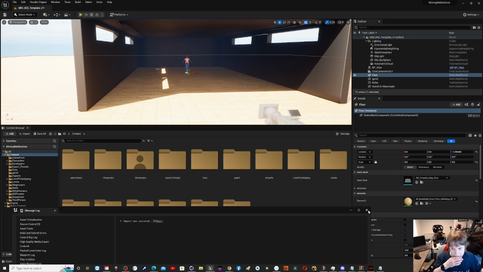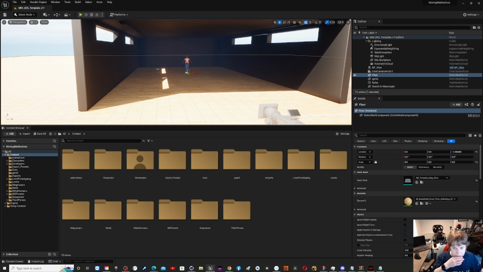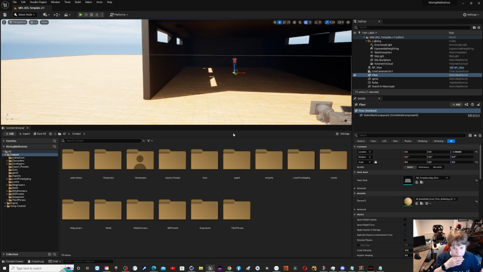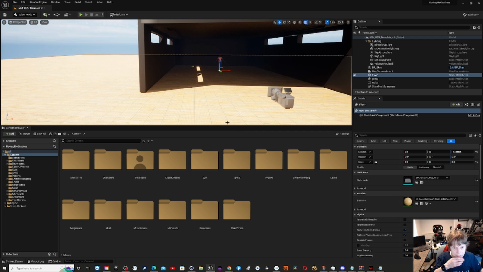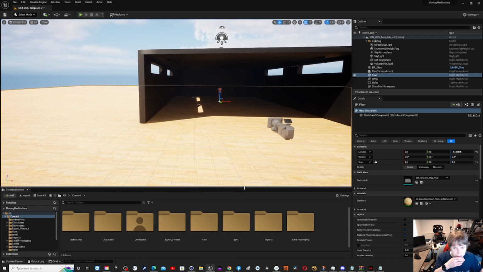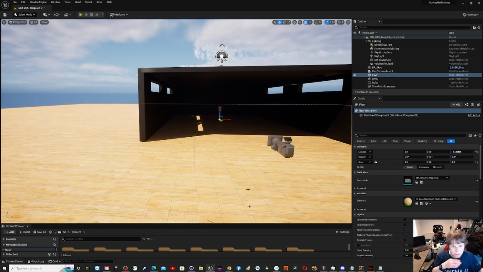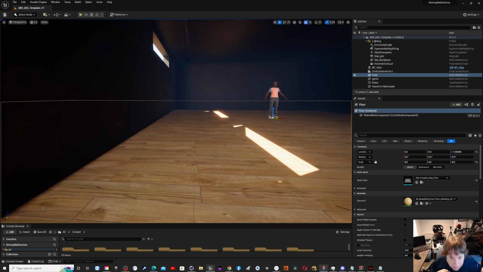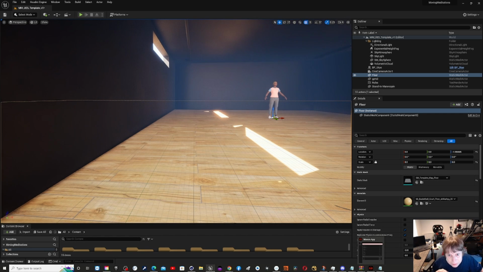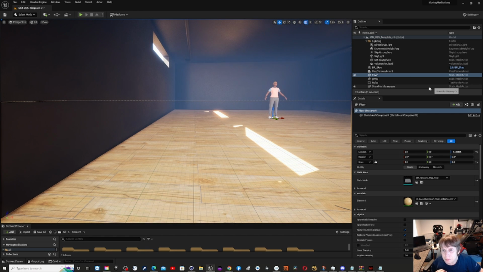I'm going to close this. And then, yeah. Here we go. There we go. Now we have some more room. And you can see she may be floating a little bit. What's up with her? Let's go back